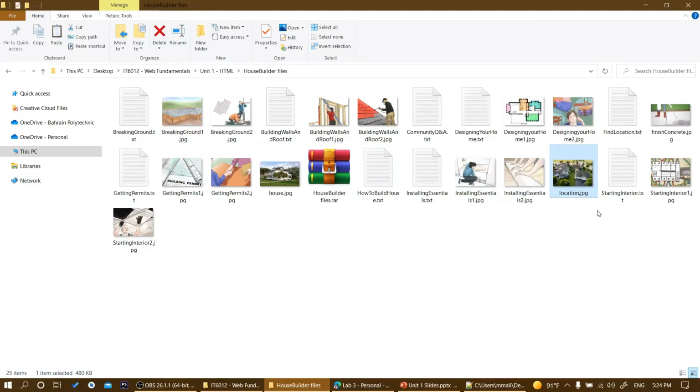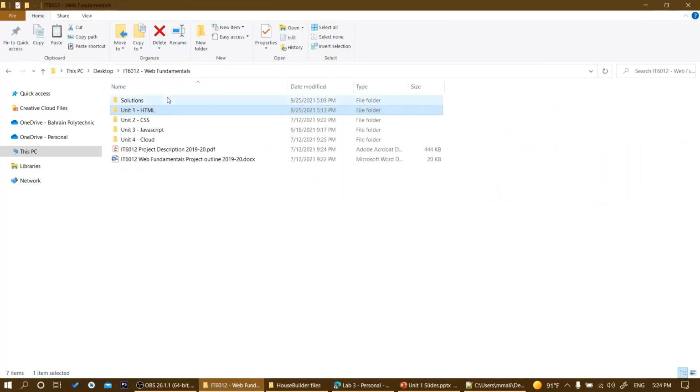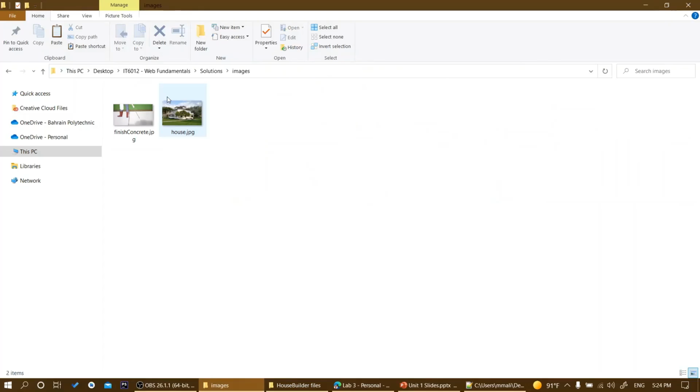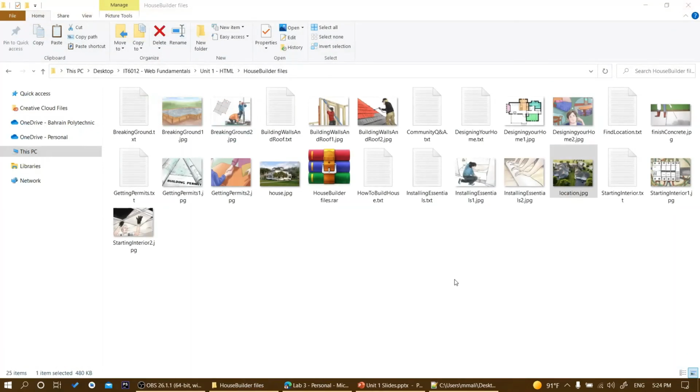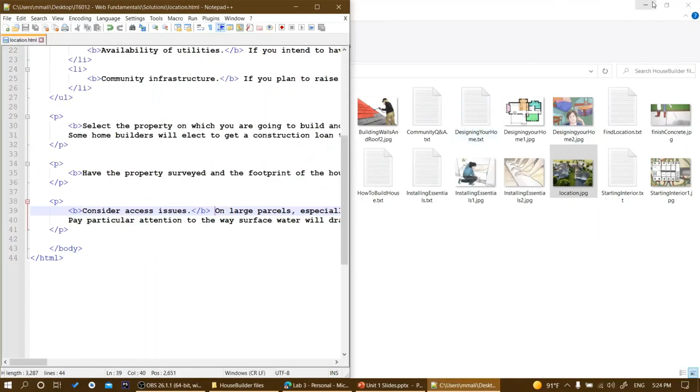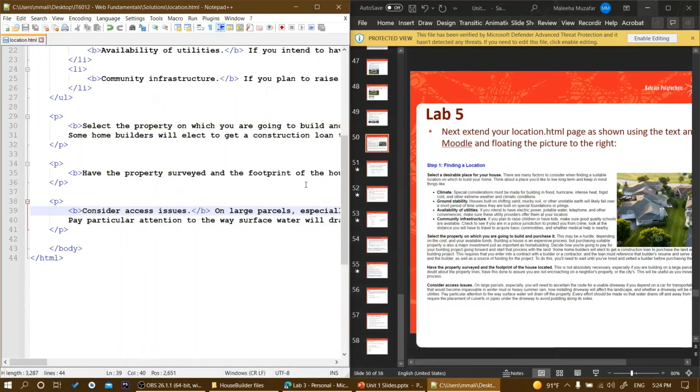So I would just copy this, go back to my solutions folder, my images folder, and paste it here. It's called location.jpg. So I would go back, and now location.jpg is